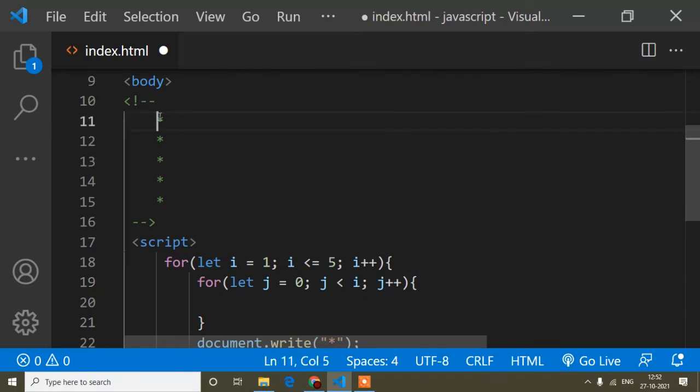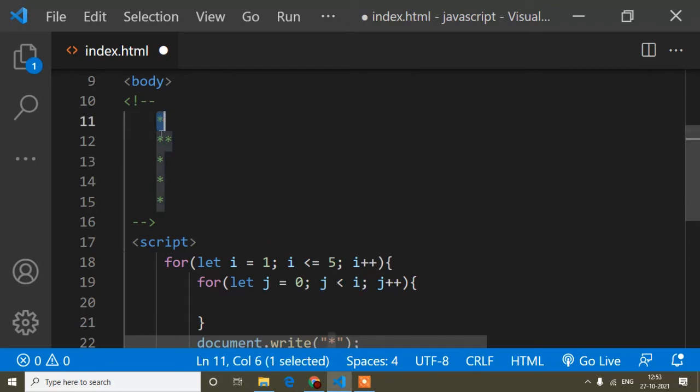So when i is 1, j will be nothing, because I have written j will be less than i and j will start from 0, not 1. So at that time here it will print nothing. But when i is 2, j is less than i, so j will be 1, and it will start to print from here. And now again i is 3, so it will loop again, j is less than i, so j will be 2 and it will print like this. Same way when i is 4, j will be 3, because I have written a condition that j will always be less than i.